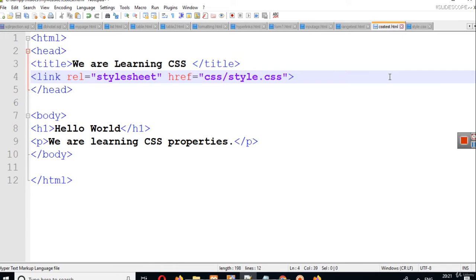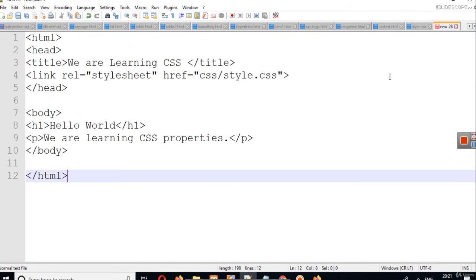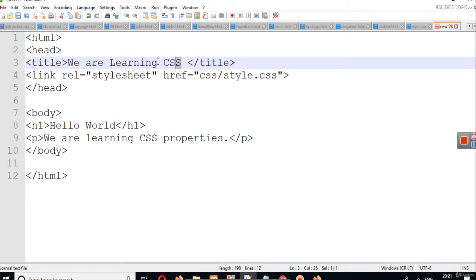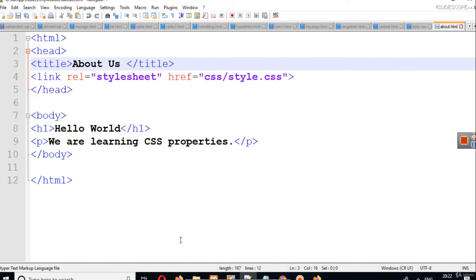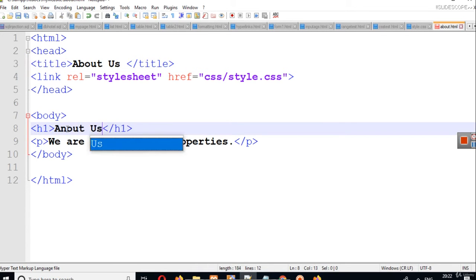This page is CSS test. Now let's create another page in the same directory, and let's say this page is the about us page. I will save this page as about.html. So instead of writing hello world, I will write about us,